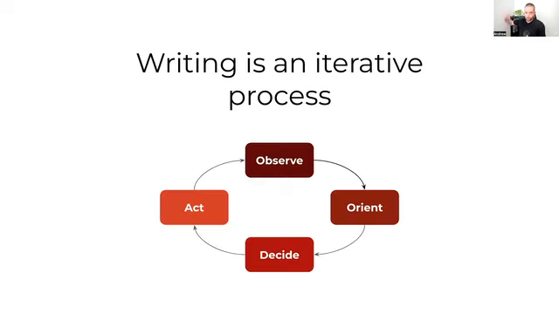Writing is an iterative process. You iterate on that idea. Again, it's like the OODA loop. There's a reason that's one of our core values, right? You observe, you pay attention, you orient, you make some decisions, you decide how you want to write things, you actually make a decision for what you want to do, you write your copy, and then you reevaluate it. You go back to the process again, you observe the writing, you determine whether or not it's doing good or not, you make a decision for something you're going to want to change, and then you make a change. And you keep doing that process over and over again until you win, right? Writing is an iterative process. You don't just do it once, one and done. You write, and then you iterate on that writing until it's actually going to achieve the results.